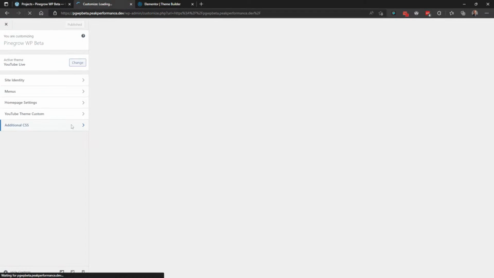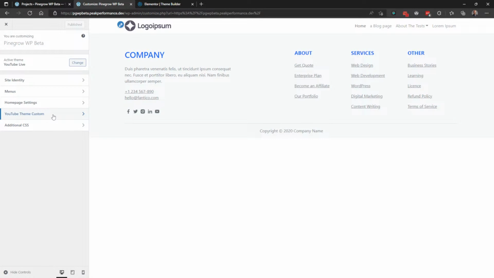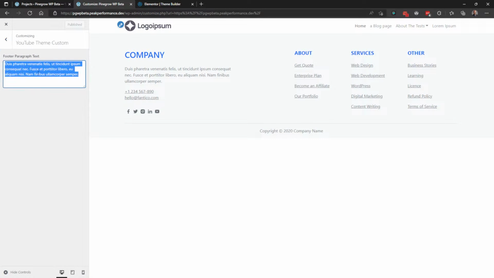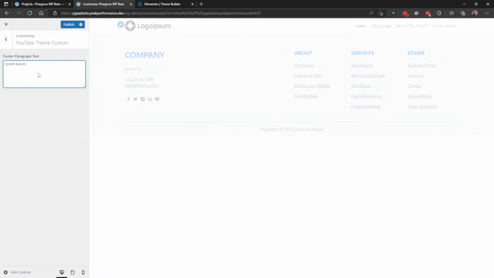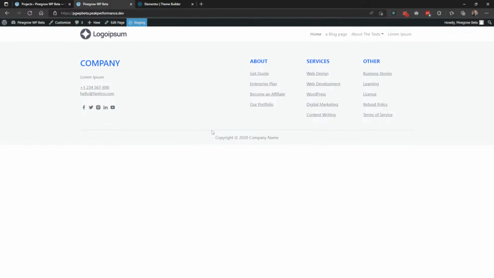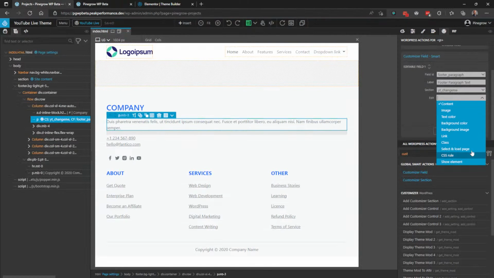Export, refresh. Now you can see that it's added this section here, my customizer, so that when I change this text here, it's changing it in my theme, or it's changing it inside my footer. There we go. With a few clicks of a button, I've now added a customizer section and a customizer field. And as I showed you here, we've got a bunch of different stuff that we can use, that we can make these customizer fields edit. So this is a great way to add global styles for different things, to make things that are editable by your